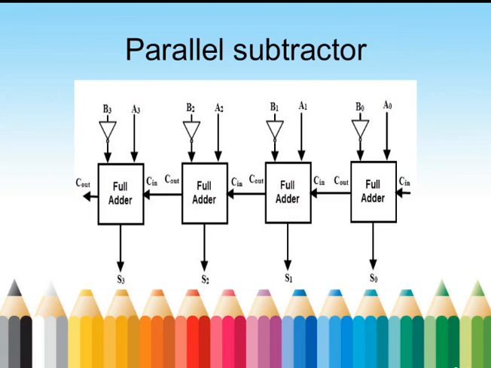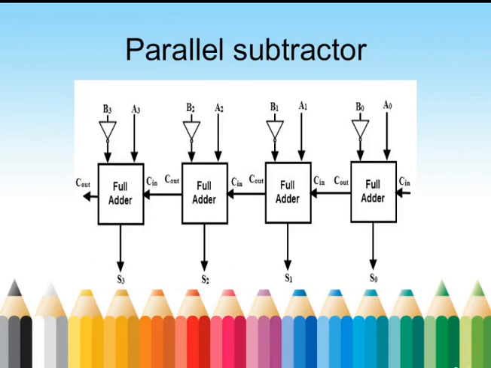1's complement addition is nothing but the inversion of binary values. 2's complement is nothing but adding 1 at the LSB of the inverted binary values. So most digital devices use 2's complement addition. With the help of 2's complement addition, we designed this parallel subtractor circuit. In this parallel subtractor circuit, again it is a cascade of full adder circuits. Let us take a 4-bit parallel subtractor circuit. It consists of 4 full adder circuits cascaded in a single combinational block.